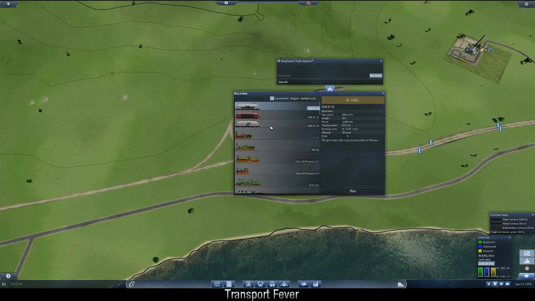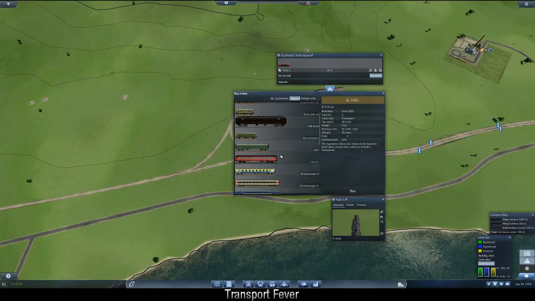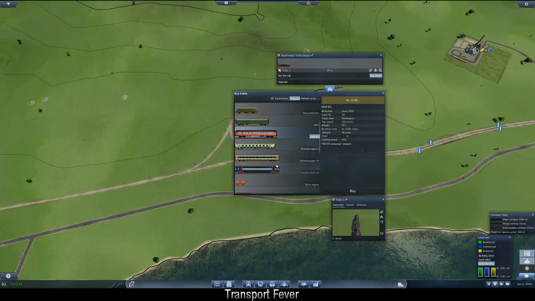So let's put down some modded trains, shall we? This particular locomotive is from 1996, the red one, and the other two are just rolling out from the paint shop this year. So it's the same locomotive, just different paint job. And let's just add some vanilla